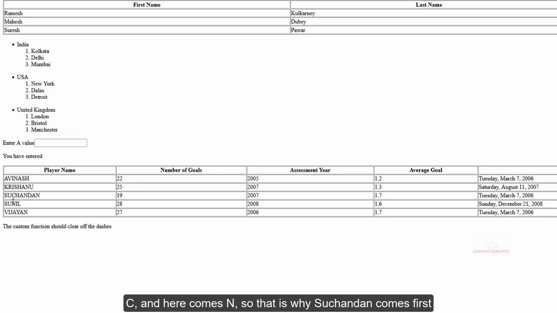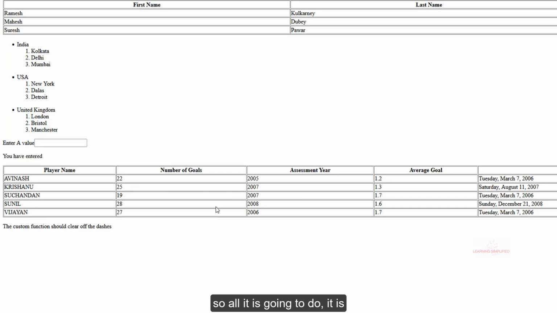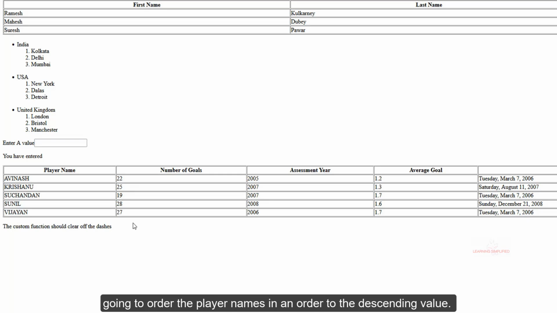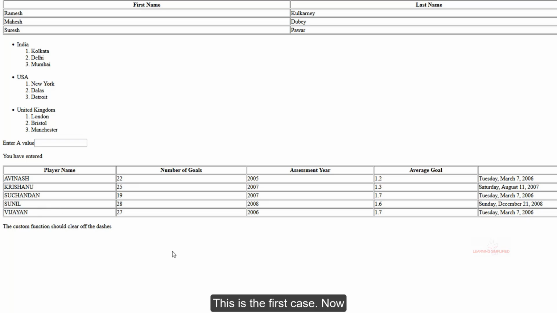Here comes C and here comes N, so that is why Suchandan comes first and Sunil comes in the next position, and at the last position we can see that this is Vijay. So all it is going to do is order the player names in order of the letters. This is the first case.